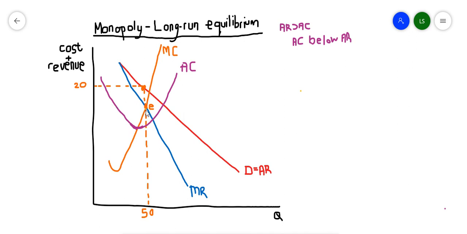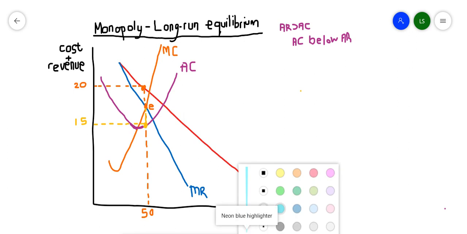In my case now, I'm going to go down, down, down until I touch my average cost. Now, there where I touch my average cost, I'm going to make my little circle and then I'm going to find the value. All right, and I'm going to obviously give it a value because now we can see that my average revenue is 20 Rand, my average cost is only 15 Rand. So obviously because my average revenue is higher than my average cost, this person is making an economic profit.